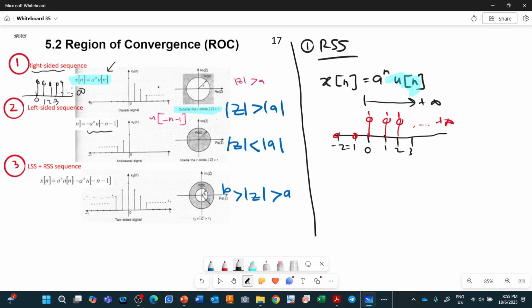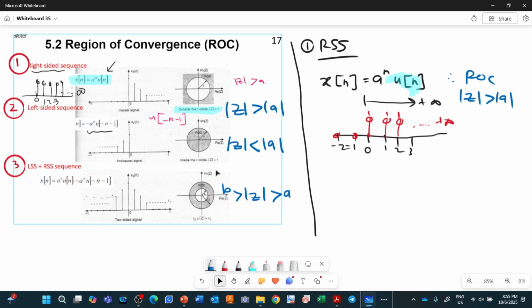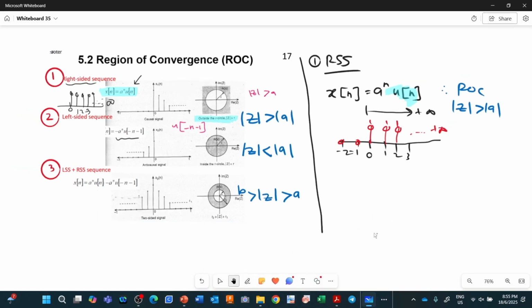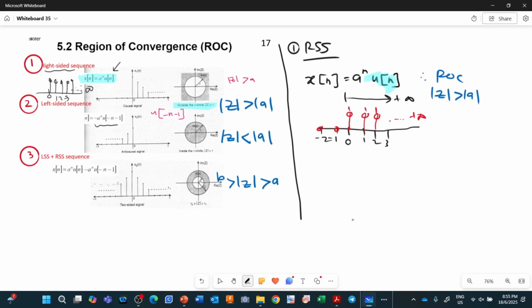Okay, so this is what it means. Anything that is a right-sided sequence, the ROC will be |z| more than the a value. Later, it will make sense when you do an exercise. But I'm just going to explain first on this. Secondly,